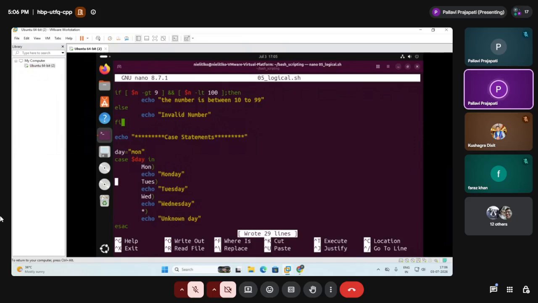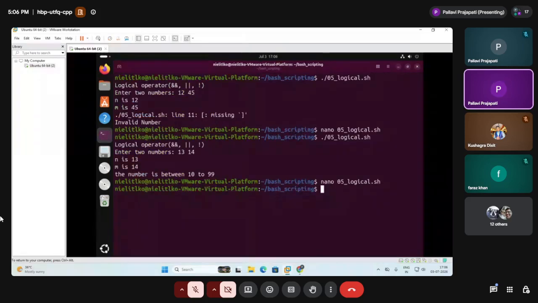And before that, let me correct it, because I have written the string capital M, so it should be capital M here. Or I will take input so that read. Okay, now it is good. Then execute ./05 logical.sh. Okay, so here the first